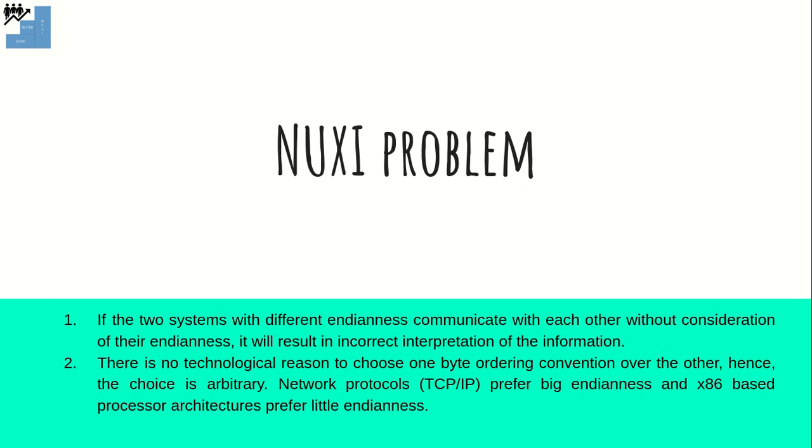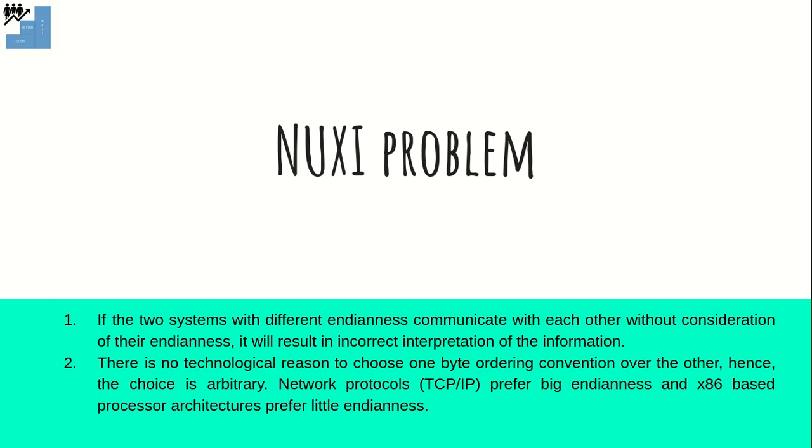Okay, before going there, we will first see why endianness came into the picture. When a processor is told by an instruction that you have to pick 4 bytes of an integer from a certain memory location, how does it decide which of those 4 bytes is LSB and which is MSB, which is the lower significant byte and which is the higher significant byte? There has to be some rule which tells that the first byte is LSB or MSB, right? So that's how endianness came in.